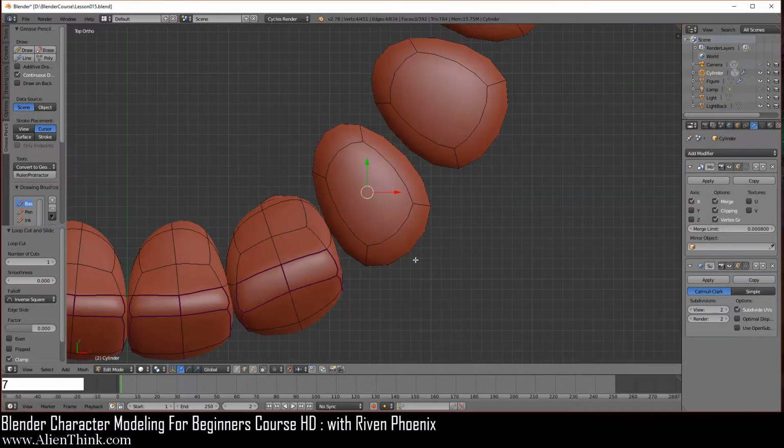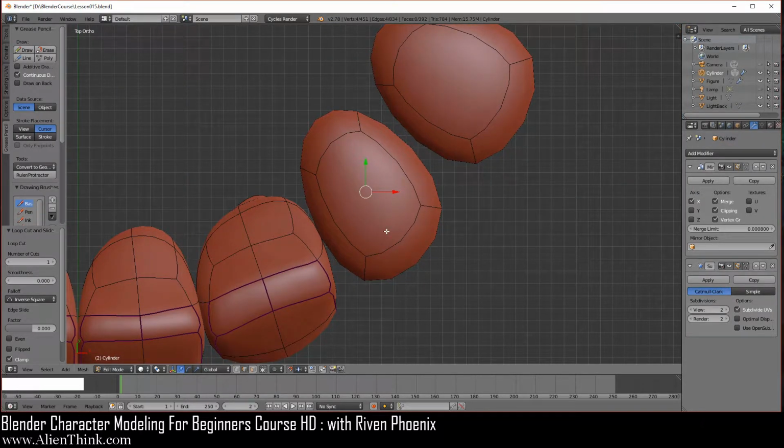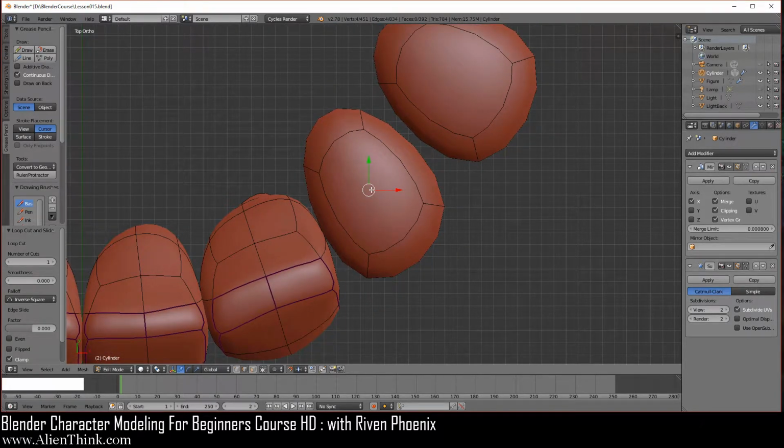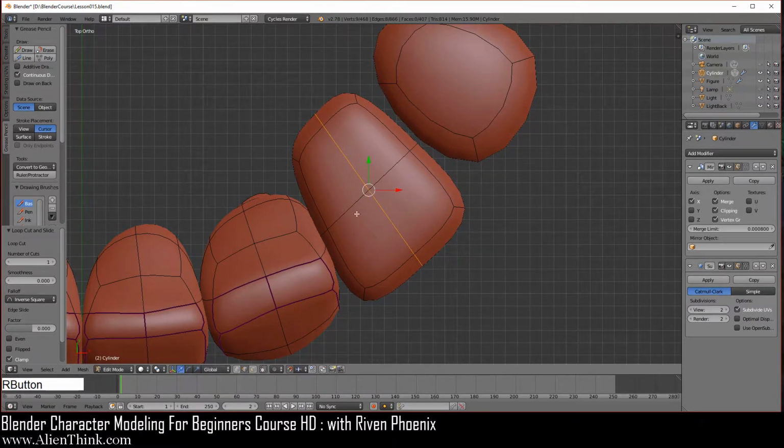Then press the 7 key to go to your top view. Again, you can press the period key to home in and just zoom out. We're going to do Control R, left click and then right click. Control R, left click and then right click over here. Let's go ahead and switch to the face select mode. Click on this face, shift key down, this one, and this one. And you can see that the green arrow is pointing up.